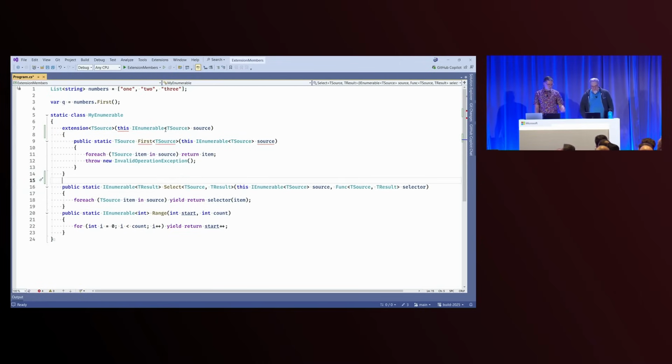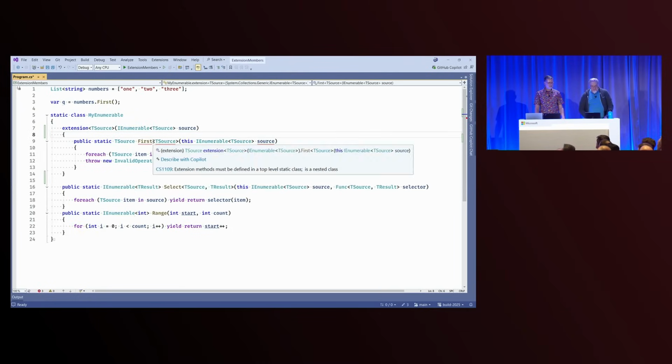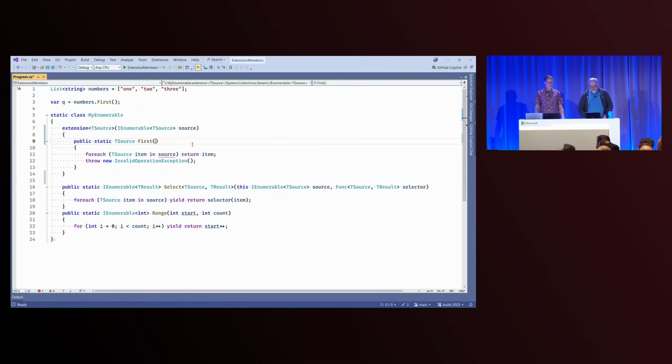So we can clean this up a little bit too, because we don't need the this keyword any longer, because it's in a thing called an extension. We know that's a receiver. That's special up there. That's the blessed receiver parameter. This is redundant. It already has a type parameter up there called TSource, and this method will also get that. And of course, we're already declaring the receiver parameter up there. There we go. And so we're good, right?